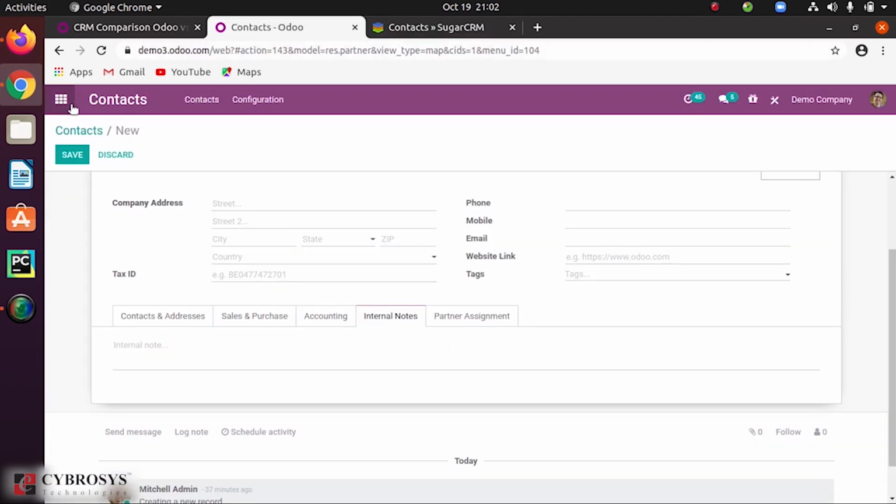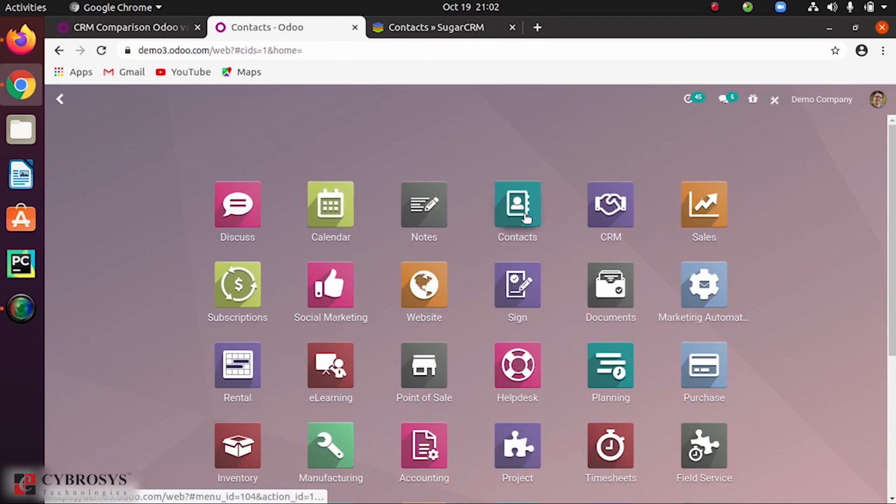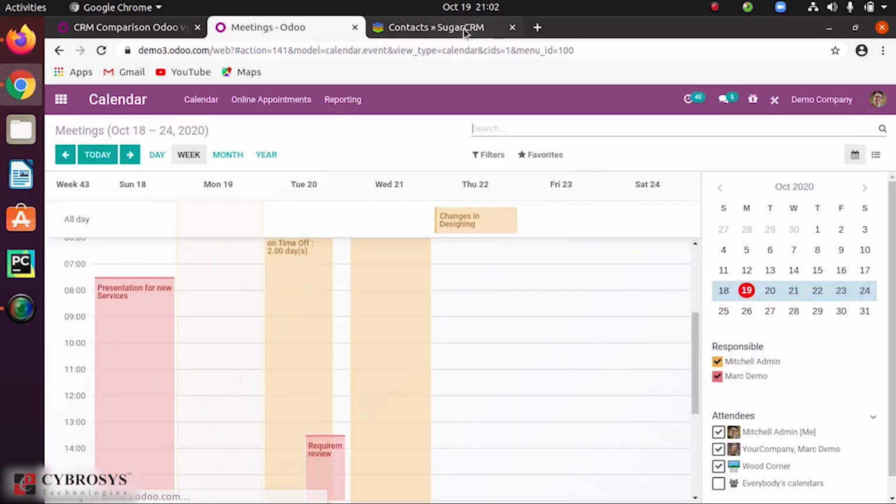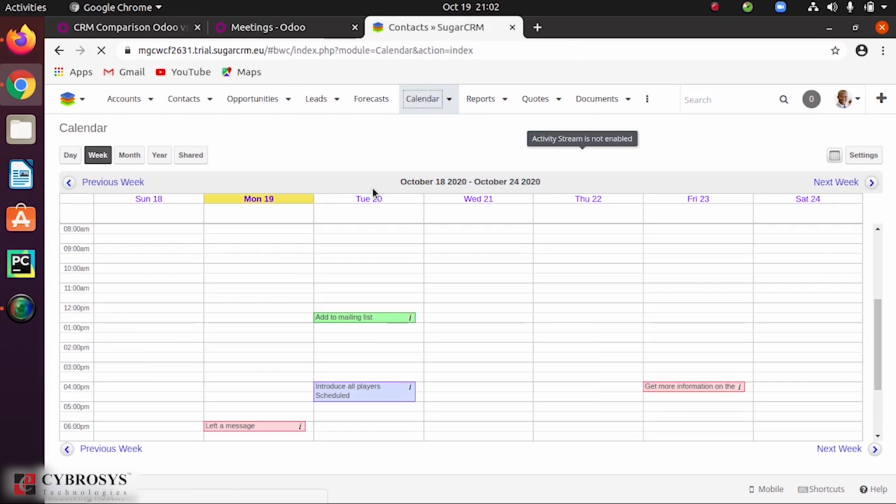So let's have a look at the calendar view of Sugar CRM as well as the Odoo CRM. In case of Sugar CRM, here you can see the calendar view, that is day, week, month, year as well as shared basis. Also have the settings option over here.